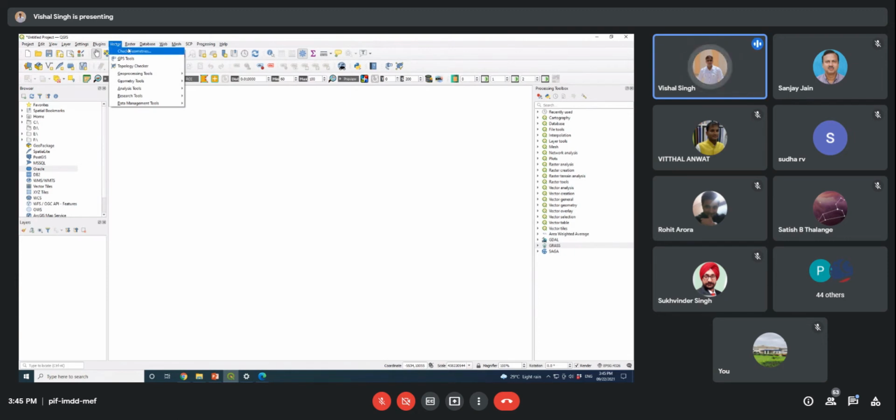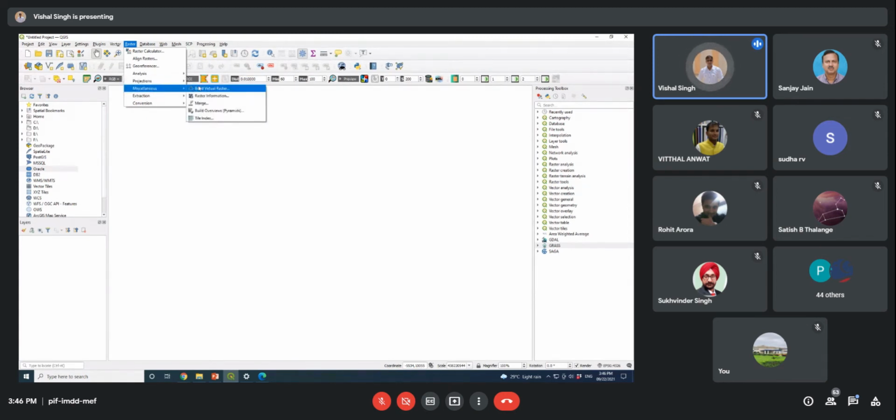Related to vector data processing, most of the tools you can use are here in this module. Similarly, in the raster module, you will find a number of tools that can be utilized to process raster datasets, like georeferencing. Georeferencing for a raster map can be done using this georeferencer tool, which I will demonstrate to you here after some time. Similarly, other functions are also there, like projection. If you want to change the projection of a particular layer, you can do that this way. I will show you how.